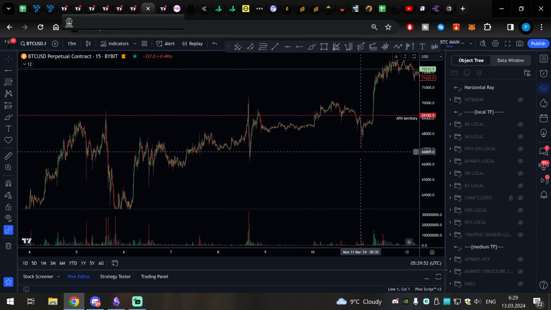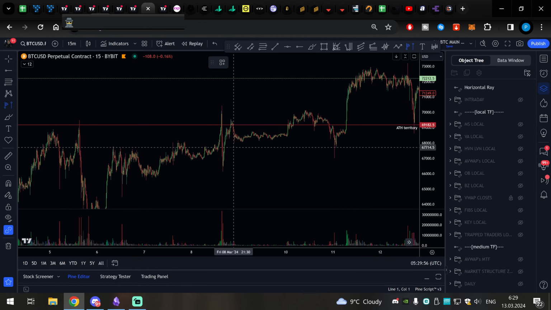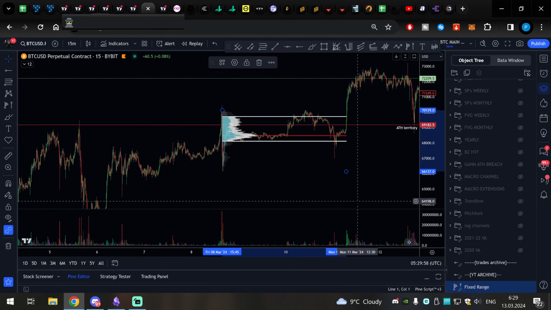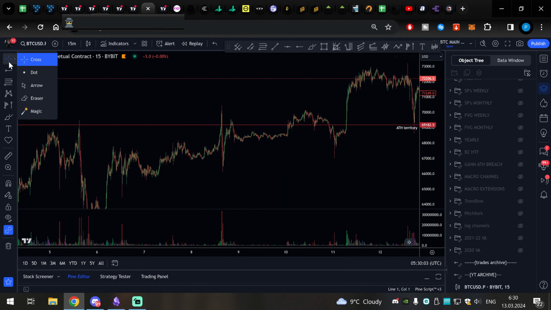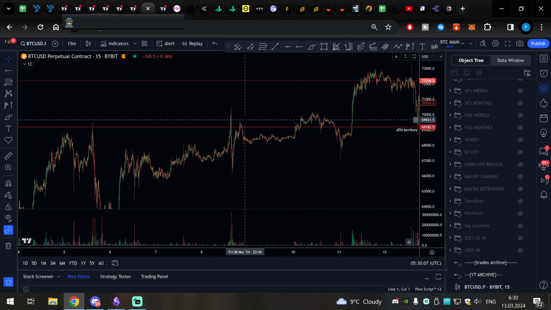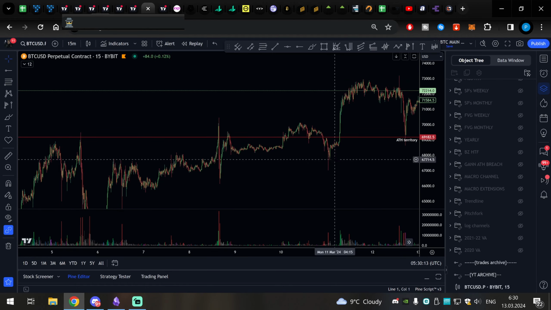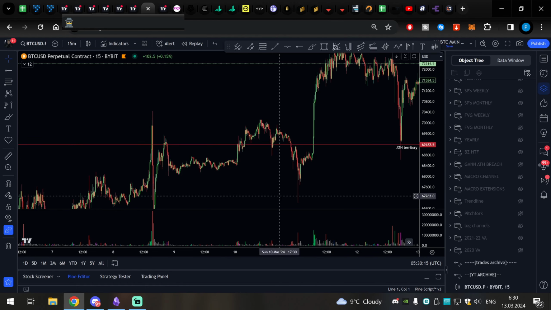So we were getting a pullback before the major move to the upside. You can also do range here. I'll not be doing much charting here. Yeah, so we were holding VAL and so on. But now these highs were new all-time highs on Bitcoin, and once you did not do any swing failure pattern here, it was a strong breakout. So if you are long from here, you can actually add to your position.